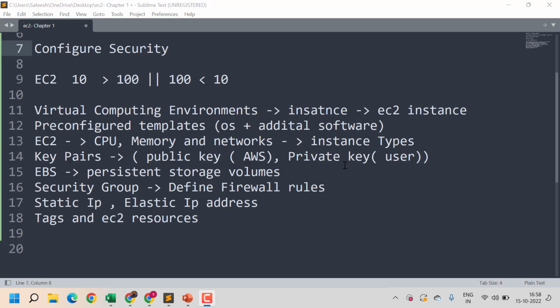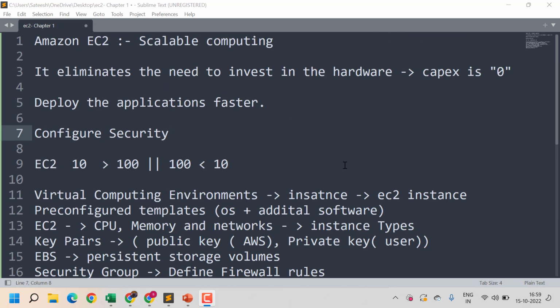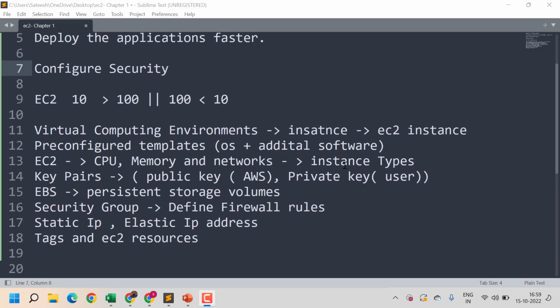We can manage security with the help of key pairs, and we can increase the volume size of an EC2 instance with the help of EBS. We can define the security or firewall rules in a security group, and we can create static IP or elastic IP addresses, and we can tag the resources. All right, so in the coming chapter, we will create EC2 instances, and we will see all these concepts